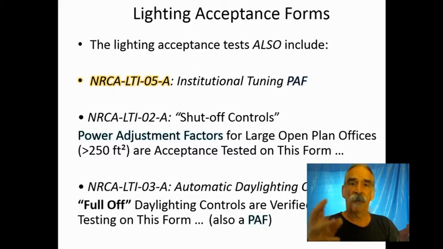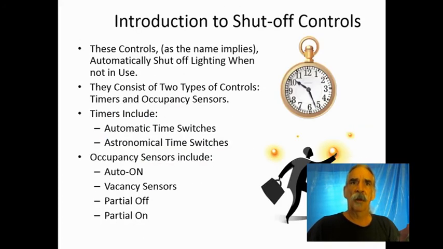So we have a few power adjustment factors for lighting controls. Some of them already require acceptance testing, like the dimming, daylight dimming plus off. We have shut-off controls. This is a shut-off control, and these are required almost under every circumstance, even additions and